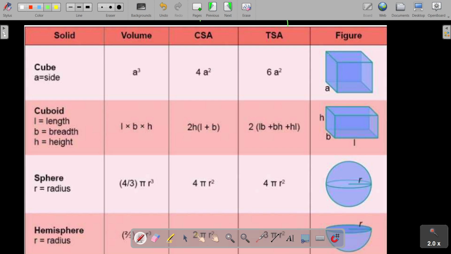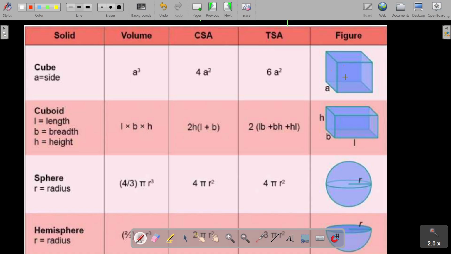This thing right here, you can see, I circled it. This is the curved surface area. So curved surface area is excluding the plates. Excluding these plates, all the surface area is curved surface area. It is 4a squared because